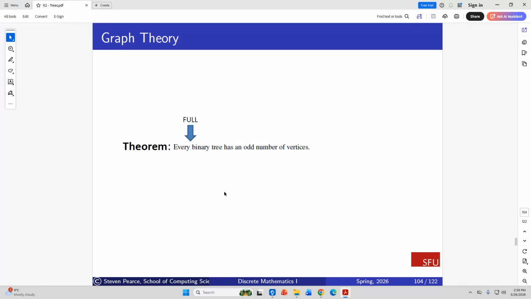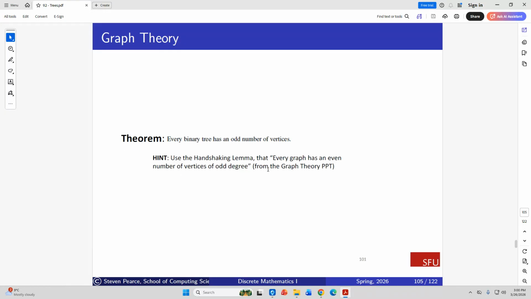So we have another final theorem here. Every full binary tree has an odd number of vertices. Every full, that means branching factors are all the maximum, 2, binary tree has an odd number of vertices. And yeah, that makes perfect sense. Every vertex produces 2 vertices, right? Except the